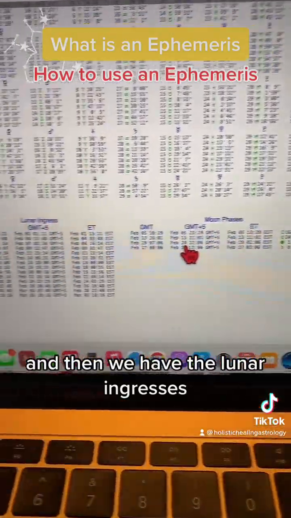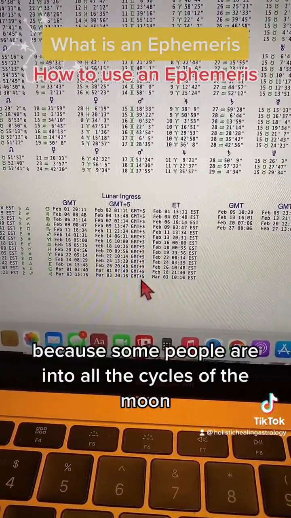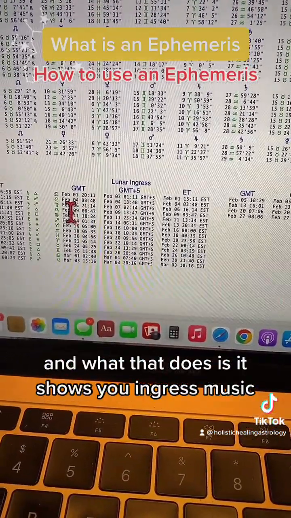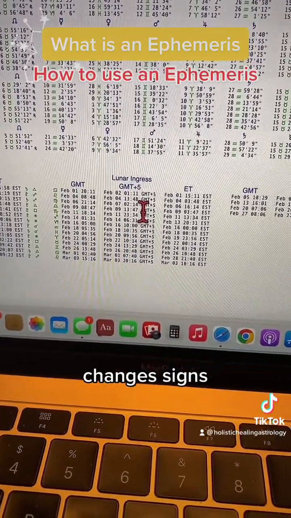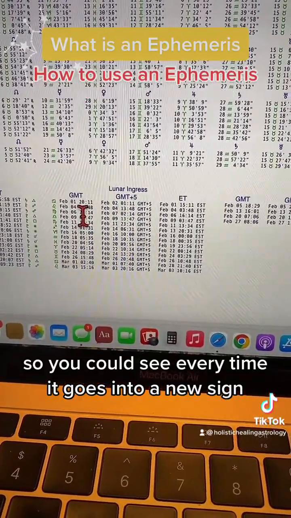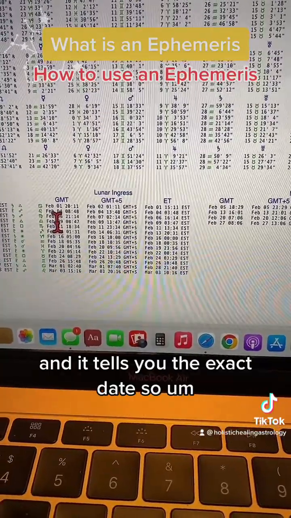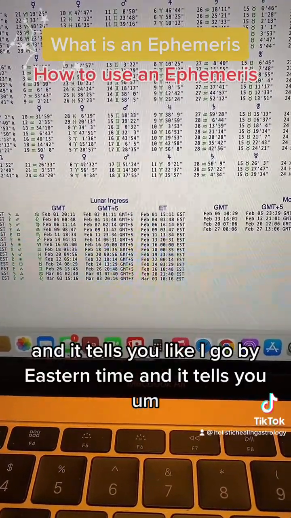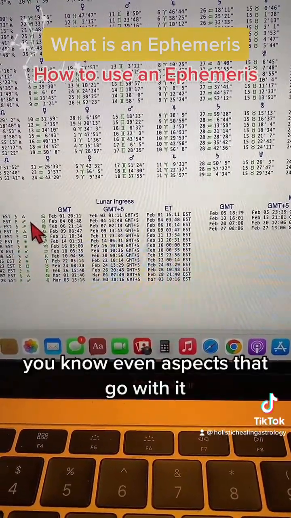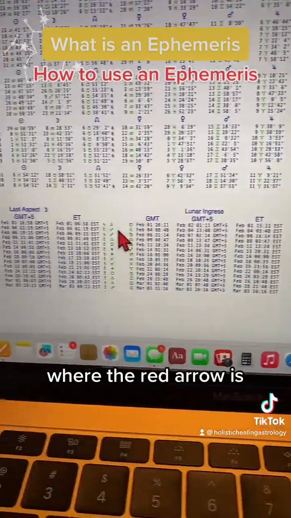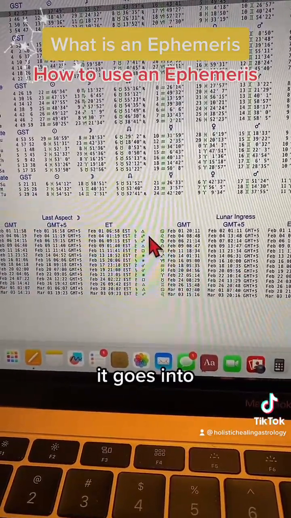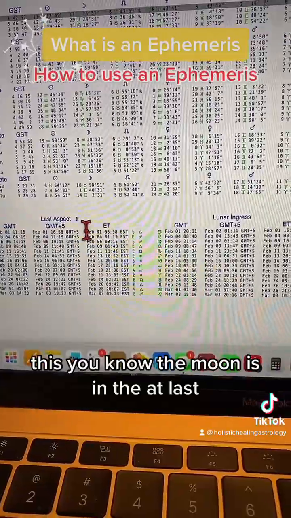And then we have the lunar ingresses because some people are into all the cycles of the moon, and what that does is it shows you. Ingress means it changes signs. It goes into a new sign. So you could see every time it goes into a new sign and it tells you the exact date. I go by Eastern time, and it tells you even aspects that go with it, where the red arrow is. So, February 1st, the moon is in the last